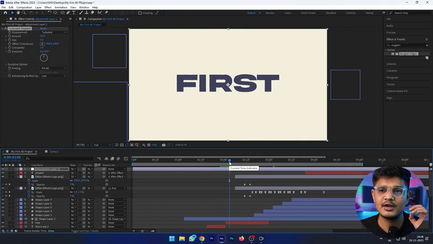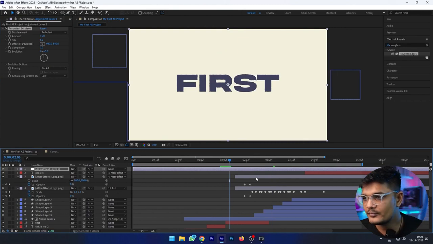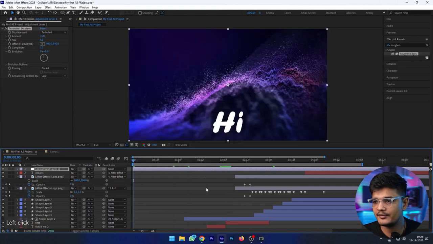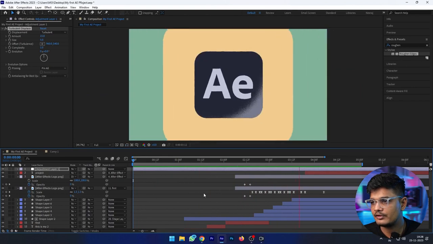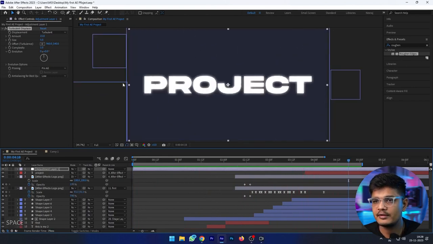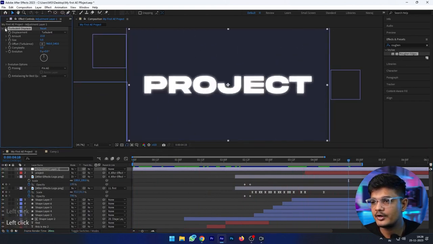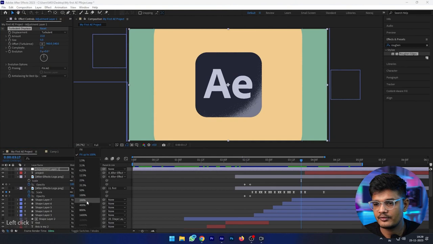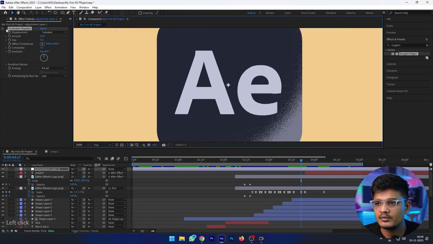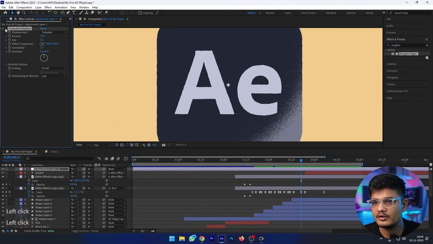Okay, so this is giving us the same effect, but we don't need to go on every layer and add roughen edges. This is how it is looking after adding turbulent displacement. Previously it was looking like this. If I zoom in, previously it was looking like this, now it is looking like this.